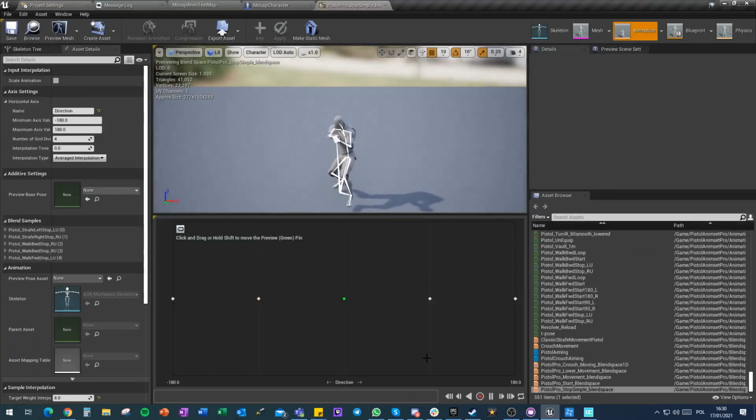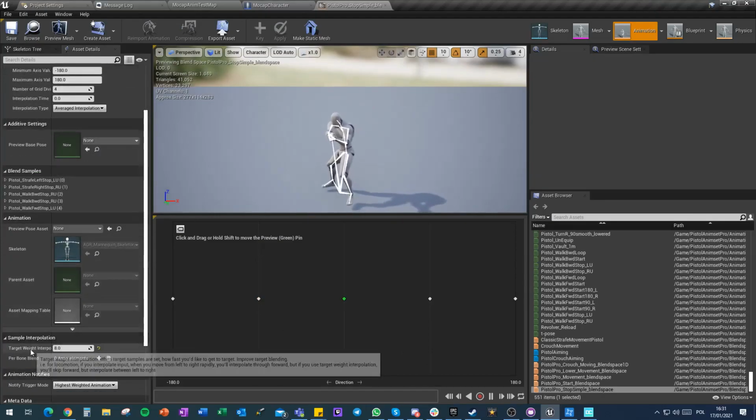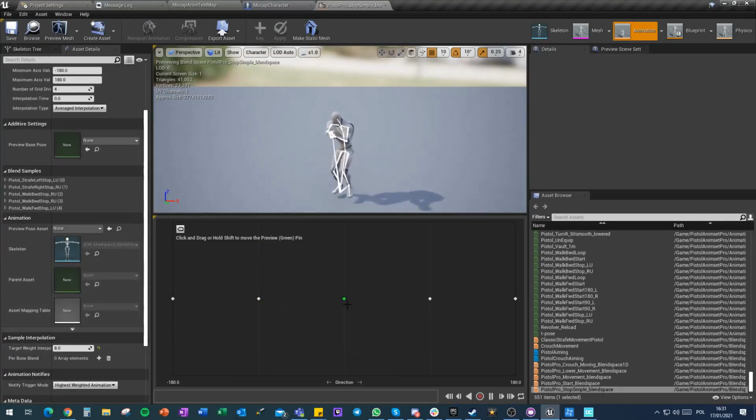Now let's go back here and check our simple stop. So simple stop also has only direction. Interpolation time is 0 and blend weight is 8. And from the left foot, right foot animations that I had to pick for each direction, I picked the animation that is shorter and requires less movement, the one that looks better when you're just